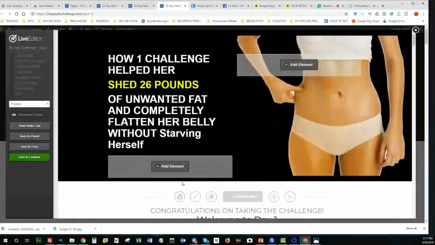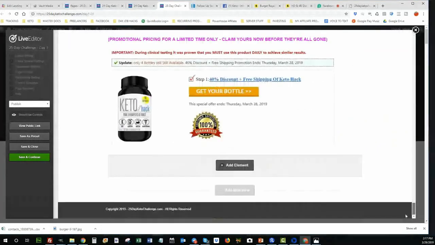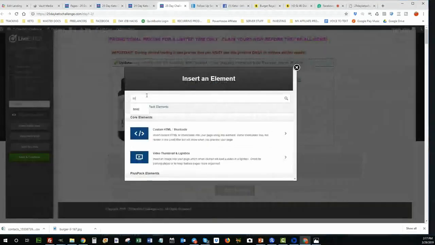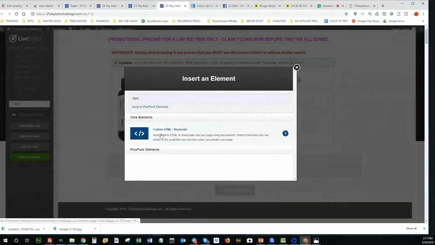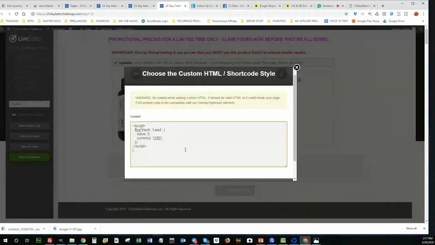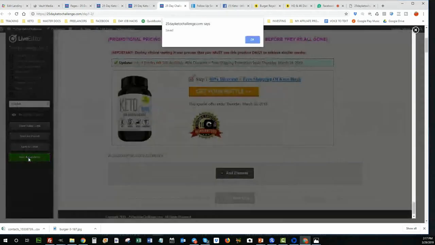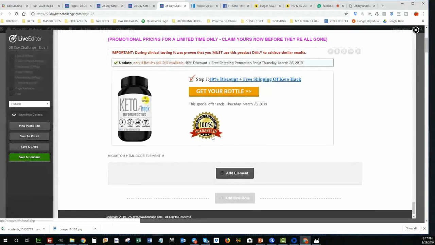So now every time somebody lands on here, Facebook is going to know that a lead occurred. I just add an element here, and it'll be an HTML custom short code. I would paste that there, okay? And I would hit insert, and now there's the custom code there. I would save and continue. So now every time somebody lands on this page, Facebook will register it as a lead, and they will optimize my campaign for that. So that is the last step of setting this all up,